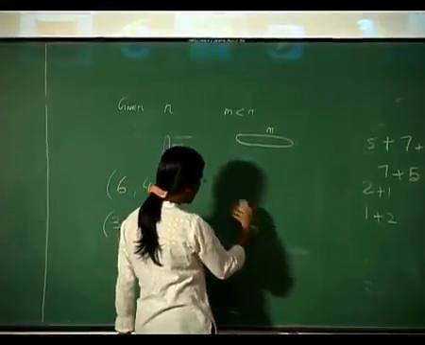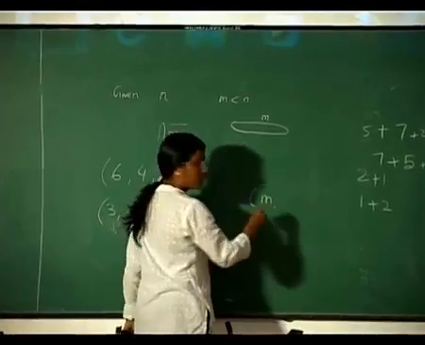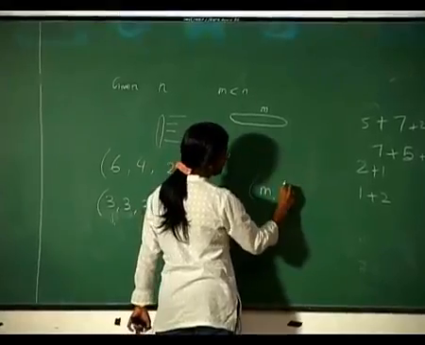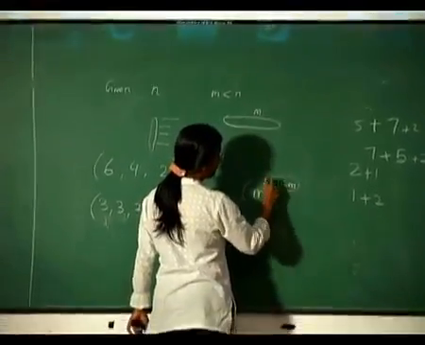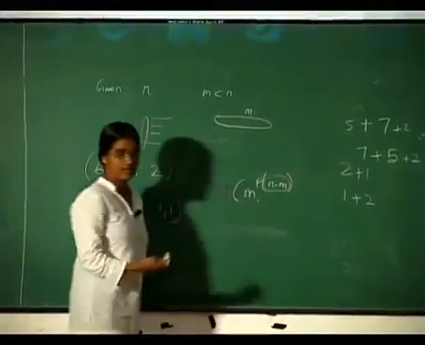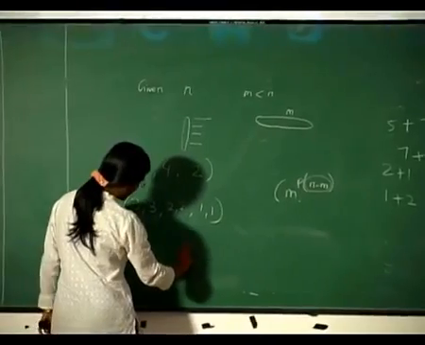Now you are looking for all the partitions whose first part is m, and the remaining part is the collection of all partitions of n minus m. That is all we need. So for example, if you take